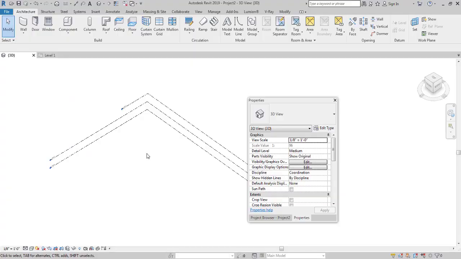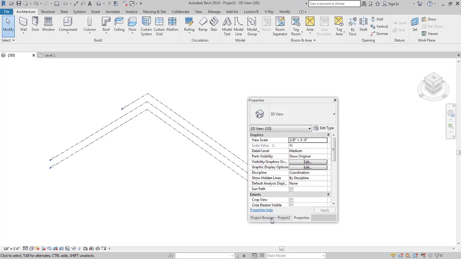Hello everyone, and welcome to this video on introduction to railings. In this video we will be going over how to create railings in Revit and how to change the properties of railings, such as adding in balusters, changing the rail types, rail materials, and even adding in more and more rails. Basically this entire video is dedicated to how to get comfortable in using railings. So without further ado, let's get started.